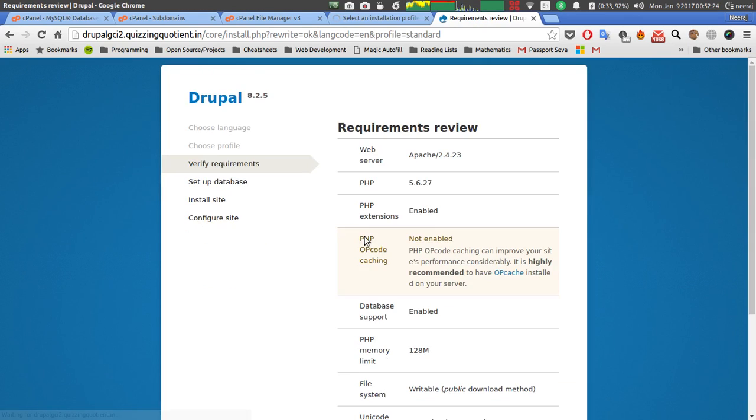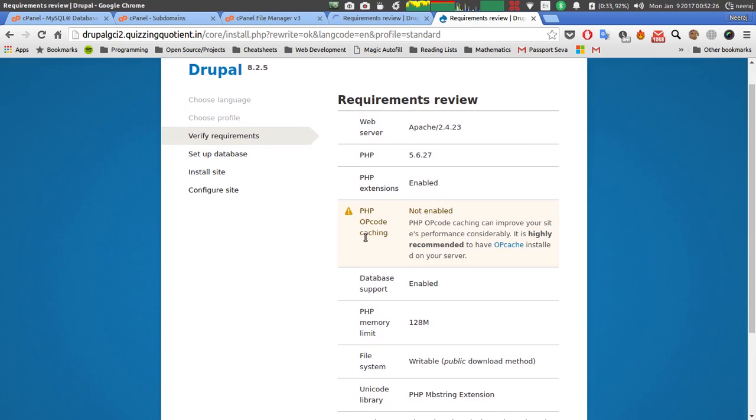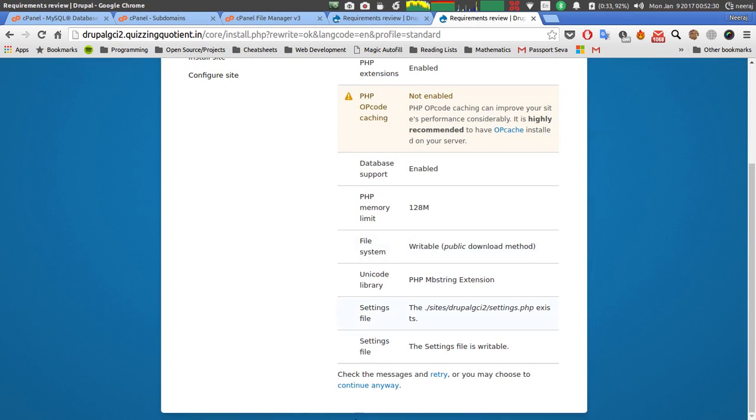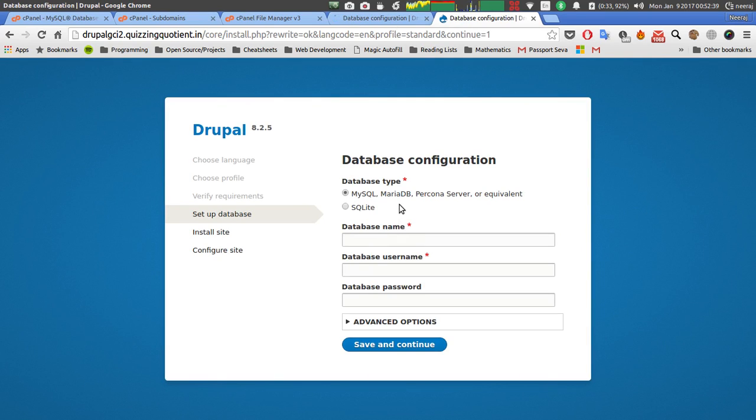Now it's the requirements review. PHP OPcache is not enabled, so leave that, continue anyway, that's not necessary. Now we have to add the database configuration. You can either use SQLite if you don't have a database, but we have created the database, so we'll be using the